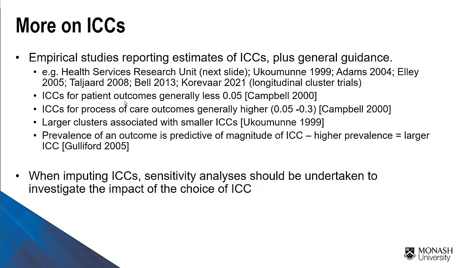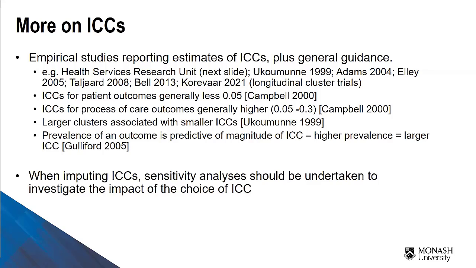There's been some research to suggest that ICCs for patient outcomes are generally less than 0.05. By patient outcomes, I mean measurements on patients such as systolic or diastolic blood pressure. And ICCs for process of care outcomes tend to be higher, so 0.05 to 0.3. By process of care outcomes, I'm thinking about where the intervention is targeted, for example, at improving practitioners' adherence to, say, a clinical practice guideline, which might mean that they appropriately test for HbA1c or appropriately test for imaging